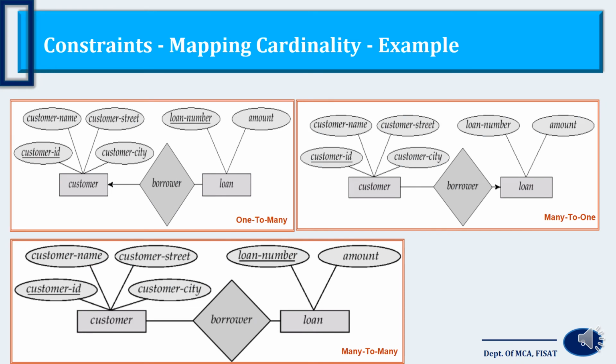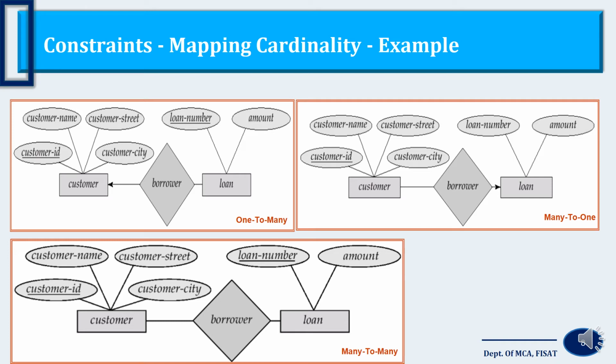Here I represented many scenarios that represent the various mapping relationships. In the first case, one to many mapping relationship, it shows that a customer is associated with many loans, but a loan is associated with only a single customer. So from the loan towards the customer, we are having a one relationship, and from the customer towards the loan, we will be having many relationship. That means the scenario is a customer will be having several loans, but each loan is associated with only a single customer. That is the scenario one to many.